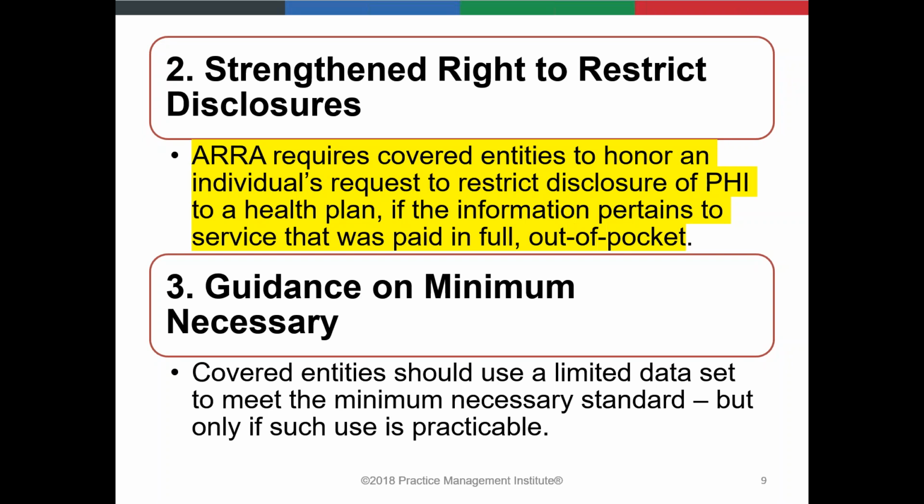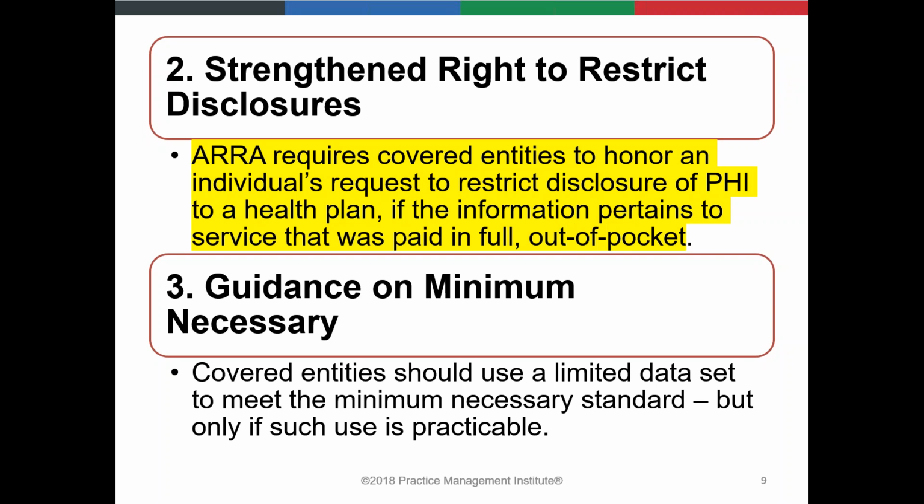And so this is how you can get by as an in-network provider with not having to bill insurance on a patient with a high deductible by advising that they can restrict the disclosure in writing with a waiver to file insurance. And then if they ever decide to go ahead and file their insurance, let's say later on in the year they meet their deductible, then they can go ahead and